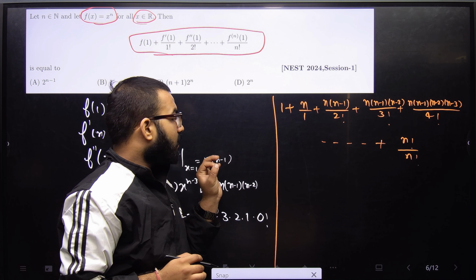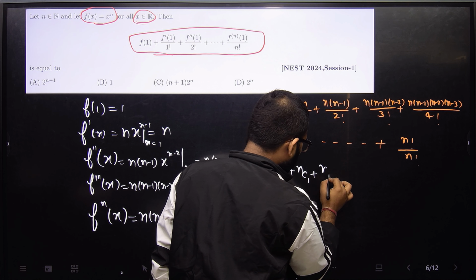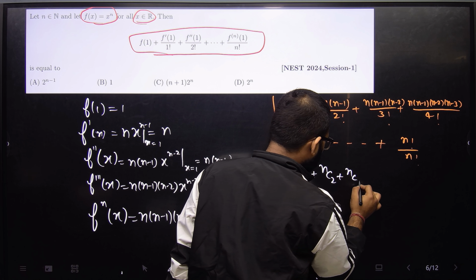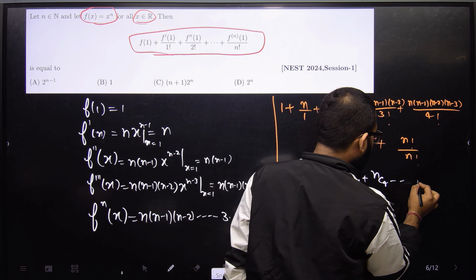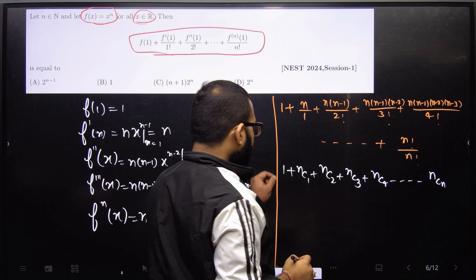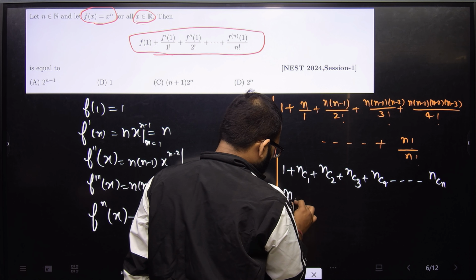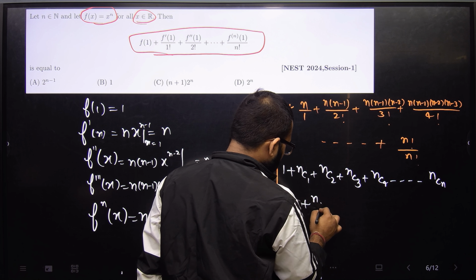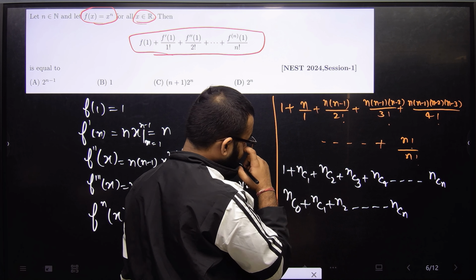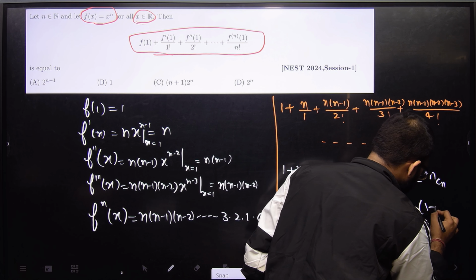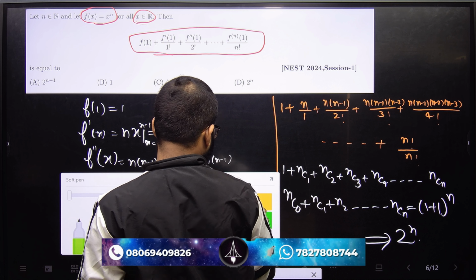that is nothing but a binomial series. How? 1 plus nC1, that is nothing but nC2, that is also nothing but nC3, and that is also nC4 if we compute it, and the last term is nCn. So 1 plus nC1 plus nC2 plus nC3, and the 1 is nothing but nC0. We can write it as nC0 + nC1 + nC2 + ... + nCn. We know that this is the coefficient sum of (1 + x)^n with x = 1, so that is equal to 2^n. So the answer of this question is nothing but 2^n.